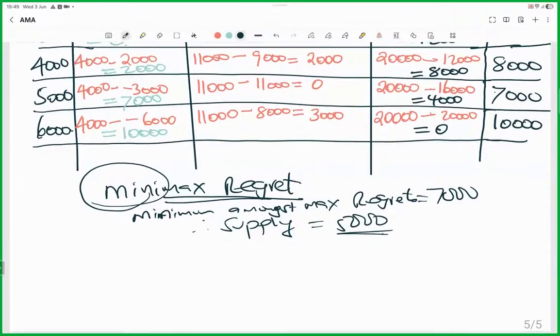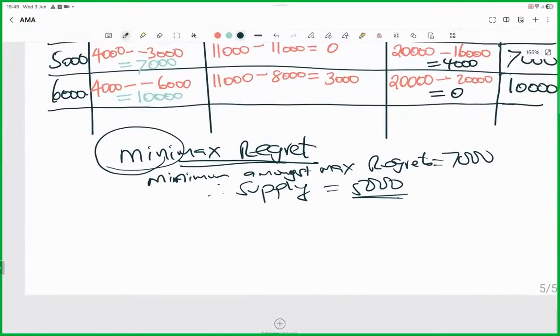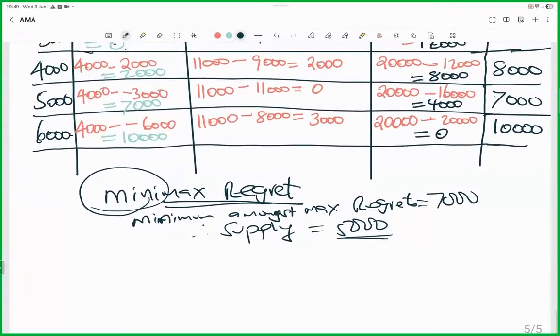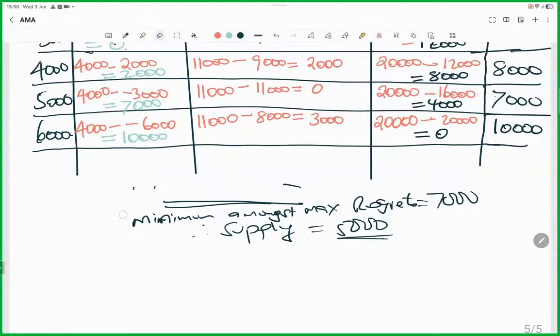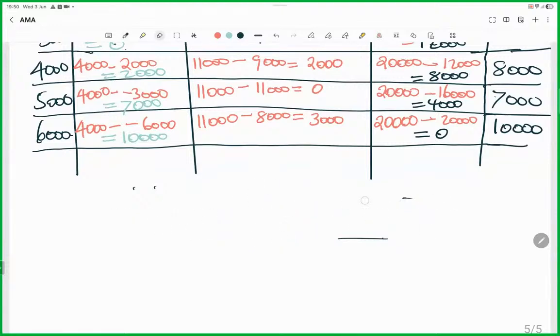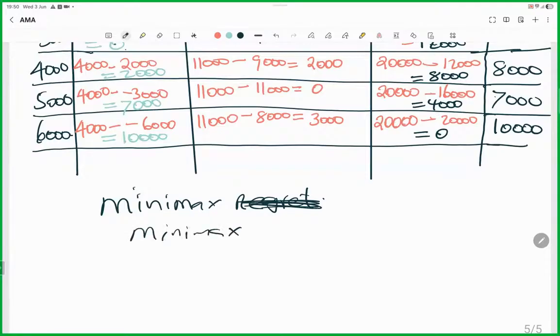And I normally tell my students, have you finished? Finished. Anytime you hear this question being asked, when you hear them asking you about what here? Minimax regret. What are you supposed to do? First of all, the examiner will never add this word here. The examiner will tell you use the minimax method. So whenever they tell you to use the minimax method, for you not to forget this forever, always remember that minimax